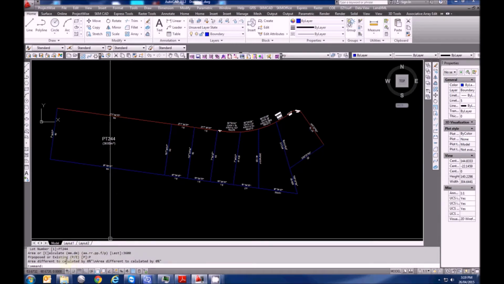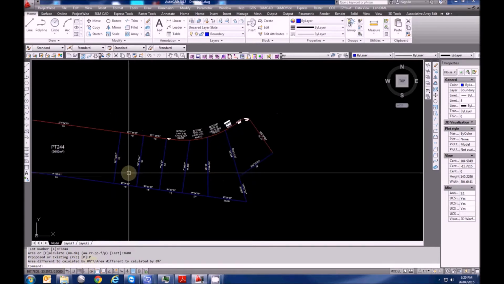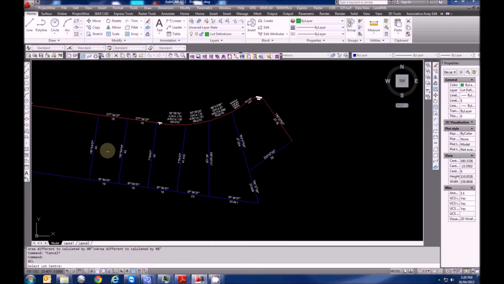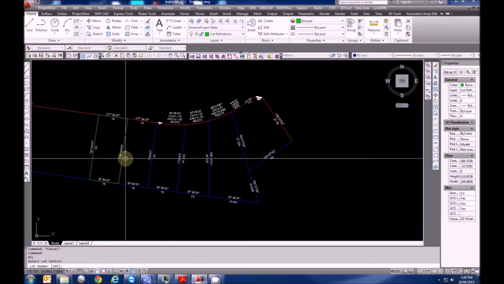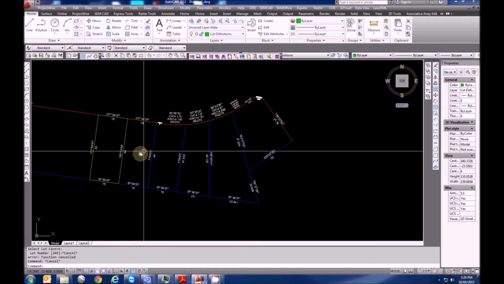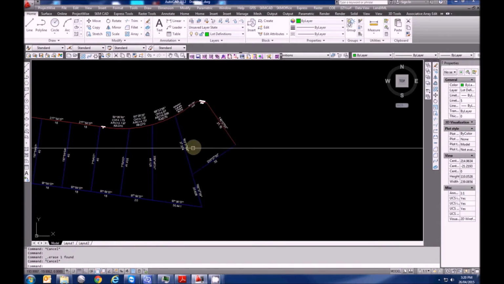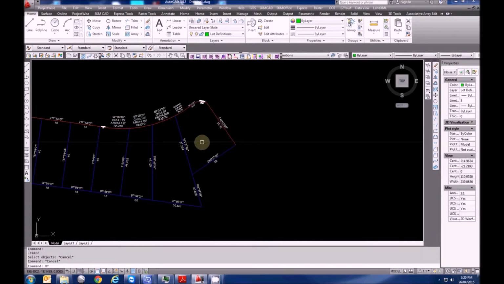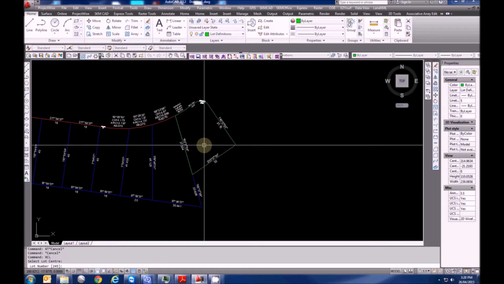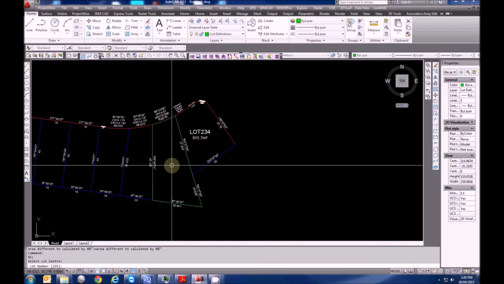So what we got, it actually checks the area based on the geometry you put in, and we've got a 0% difference, so that's good. So we'll just go through and do the rest of them. We might actually start at the other end and just delete that polyline. Let's create lot. Put it in there, and this number is 234 with an area of 915.7. That's a proposed lot. And then we'll go again. It's 235, and then